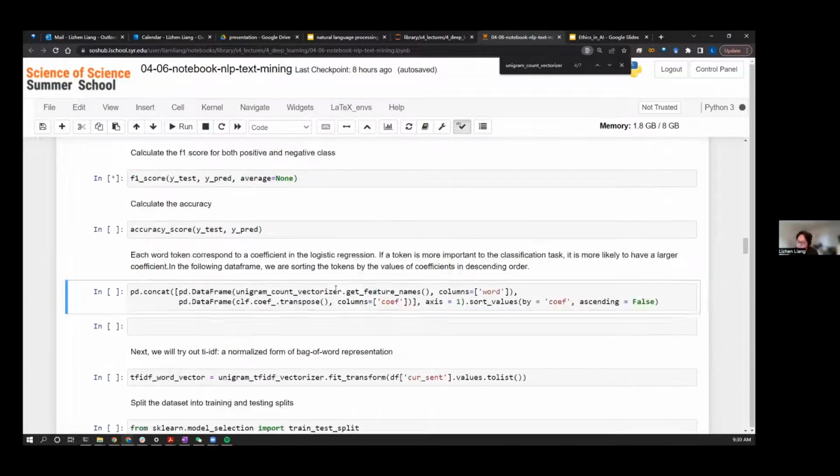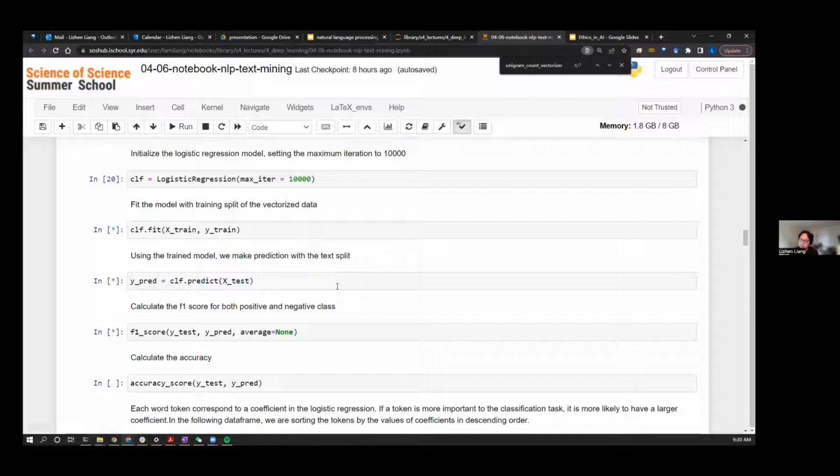A thing that we can discuss here is that by creating the bag-of-words representation of words, we're actually not regarding the order of the words.